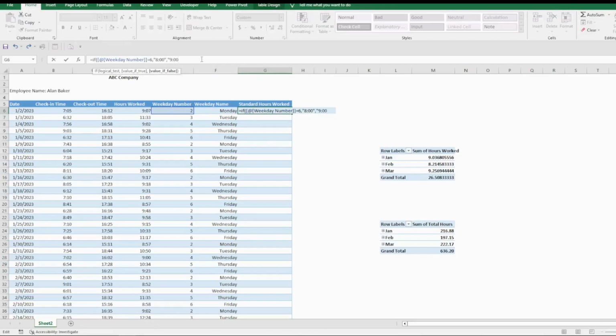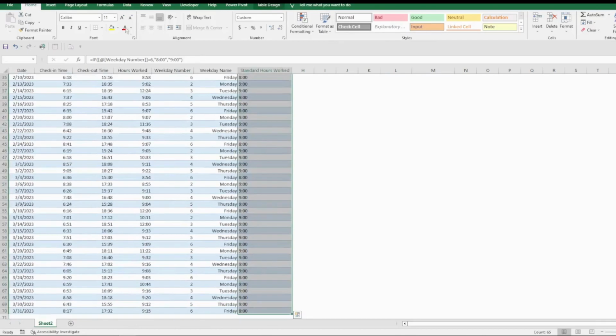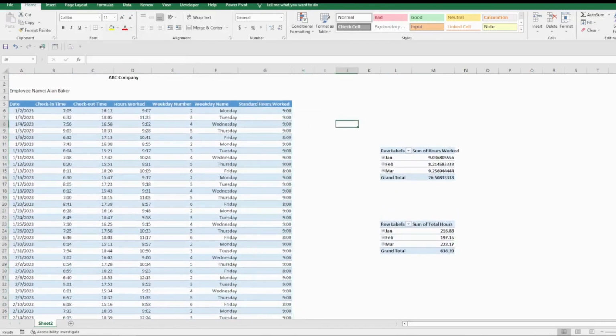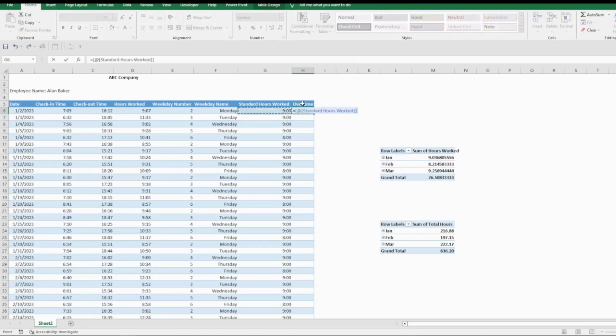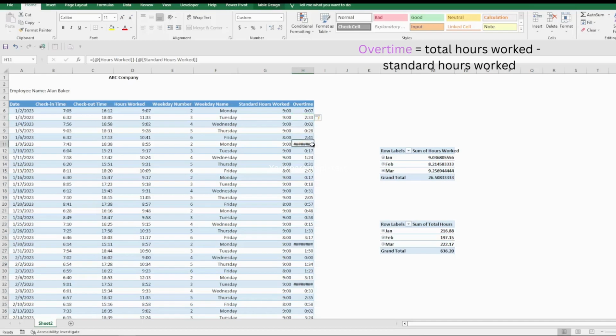I forgot to insert commas among the arguments. And here are the outputs. So, if we want to estimate the overtime worked, we subtract standard hours worked from the total hours worked. It's a piece of cake.